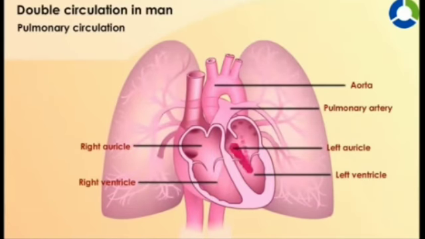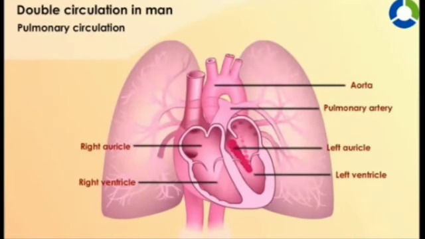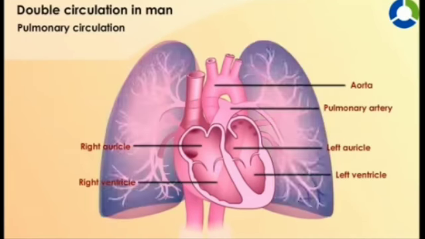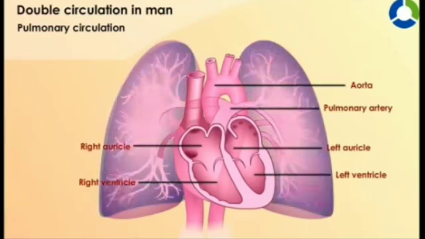And pulmonary circulation is related with lungs. Is it clear? And it starts from the entry of blood into the pulmonary artery from the right ventricle, and then what is happening? It later divides into 2 and enters the respective lungs. In the lungs, blood is oxygenated, brought back to the heart through pulmonary veins. This is pulmonary circulation.